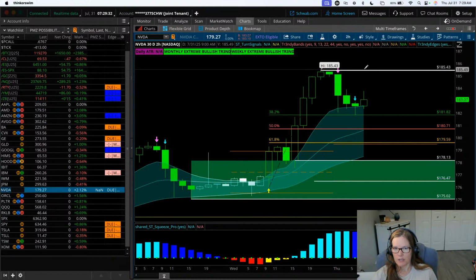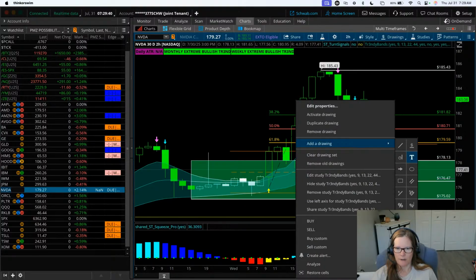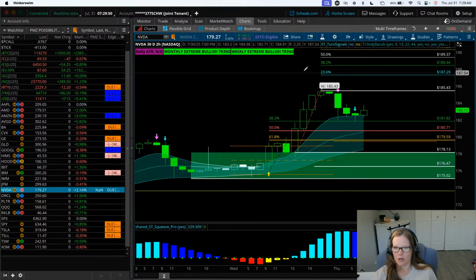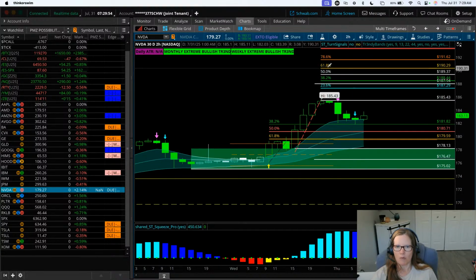Upside, the first initial is going to be the all-time high here at 185. If I want to find those extension targets above it, right? Because we make a new all-time high. And then I can draw extension targets there and just plot those levels just like I did with everything else